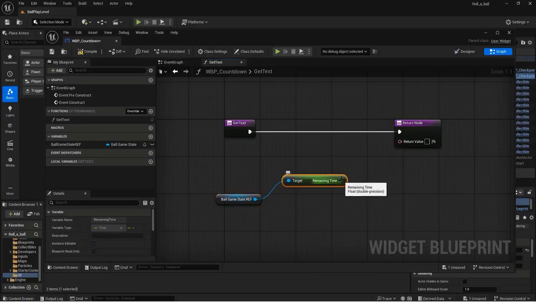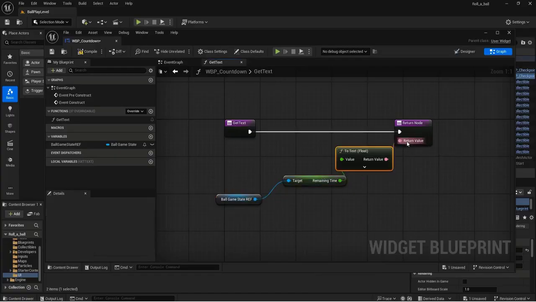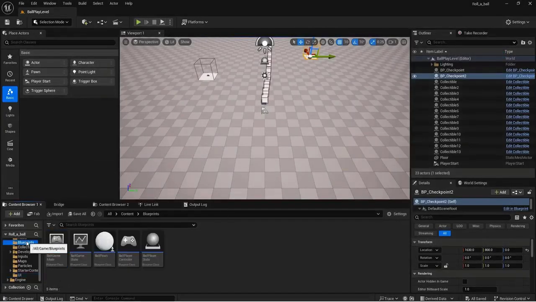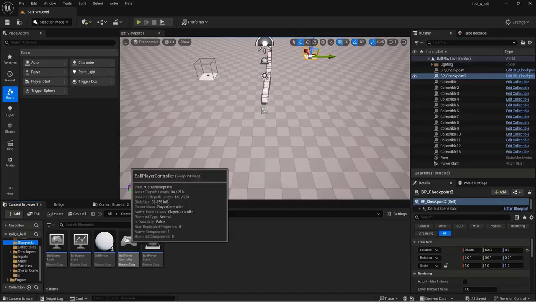And then we're going to connect that into this return node. And now we just need to put this new widget into our screen, so that needs to be added to the viewport. So we're going to go into our ball player controller,